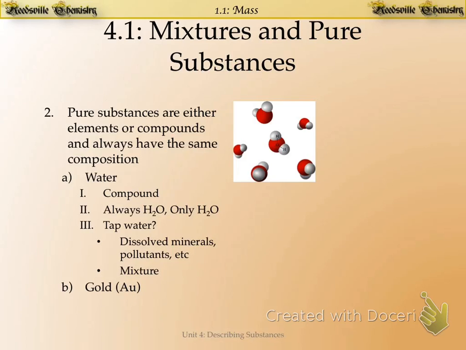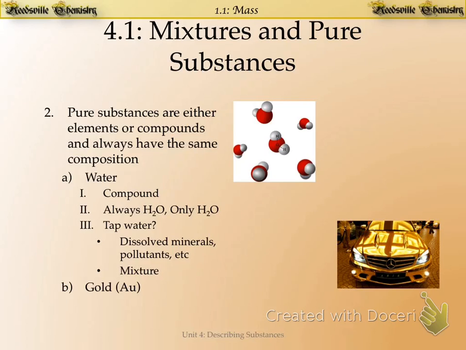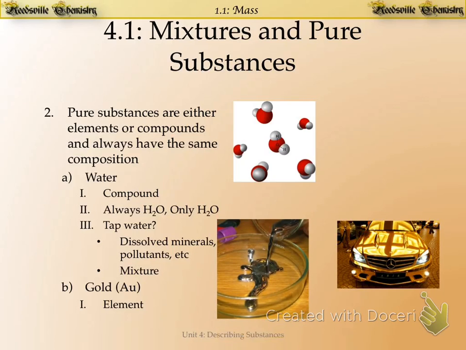Gold. Now, gold in its pure form as 24 karat gold, which I doubt this car is plated in, is certainly an element, and thus it is a pure substance. However, not all gold is 24 karat gold. We have lower karat gold, 14 karat gold for instance. This type of gold would be a mixture, a mixture of other types of metals that get put together that reduce the pureness of the gold and change its properties. Mercury is an element.